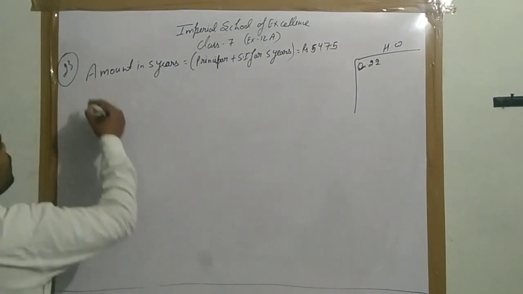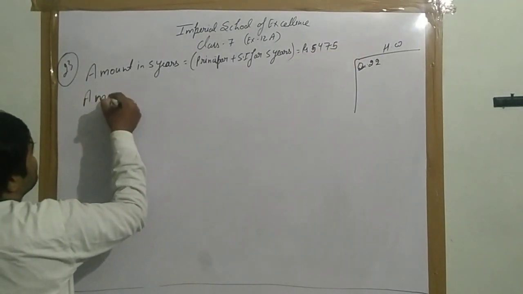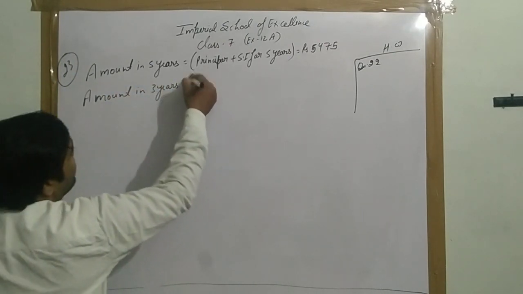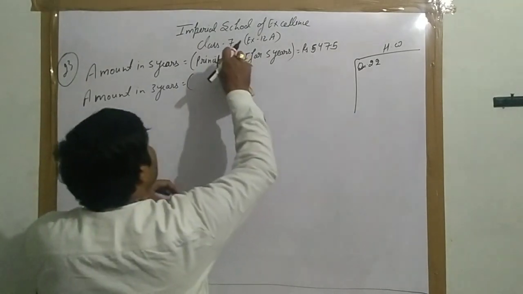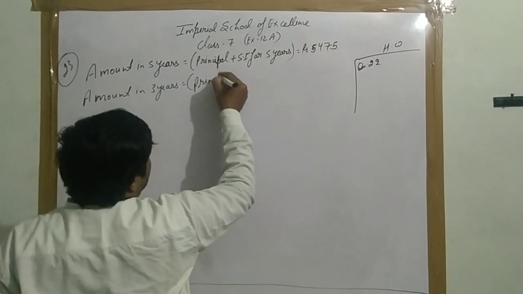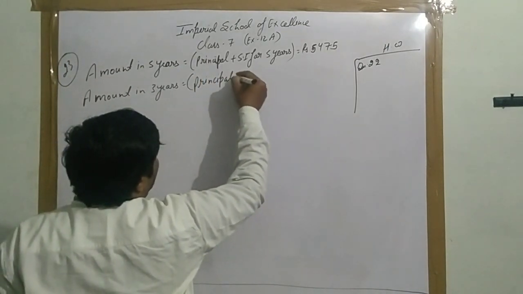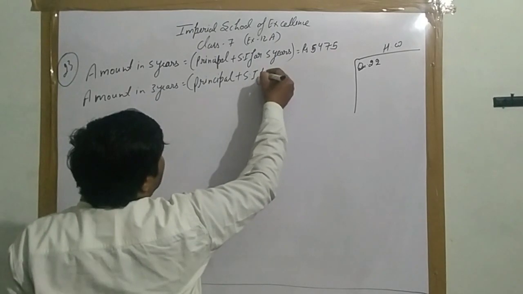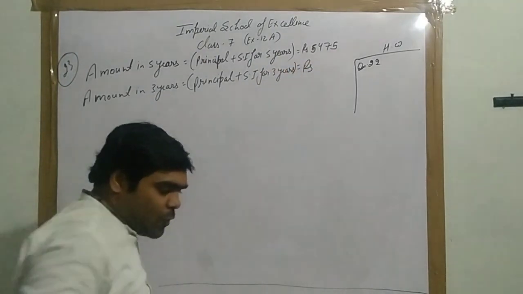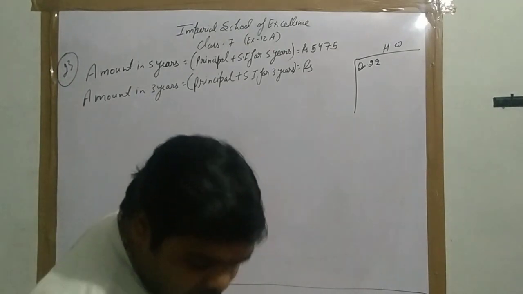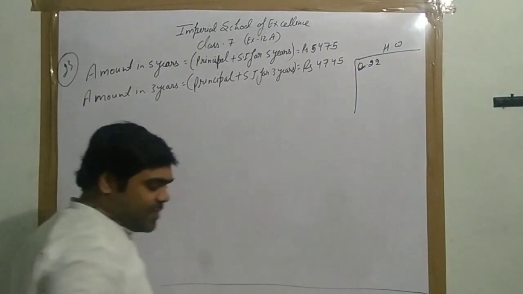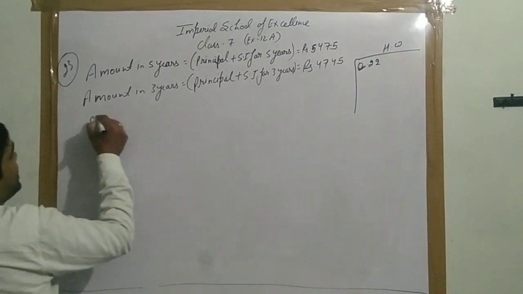After that, amount in 3 years equals principal plus SI for 3 years. It is given to you as rupees 4,745. 4,745 is given. Now on subtracting